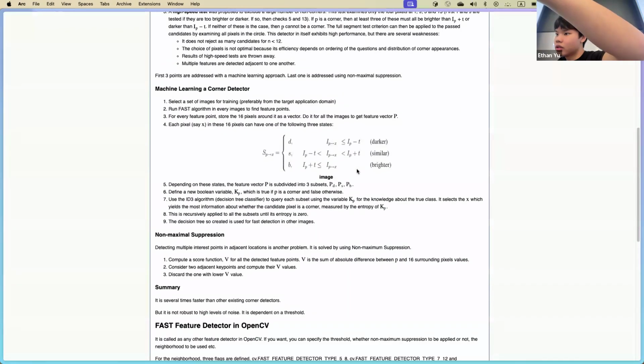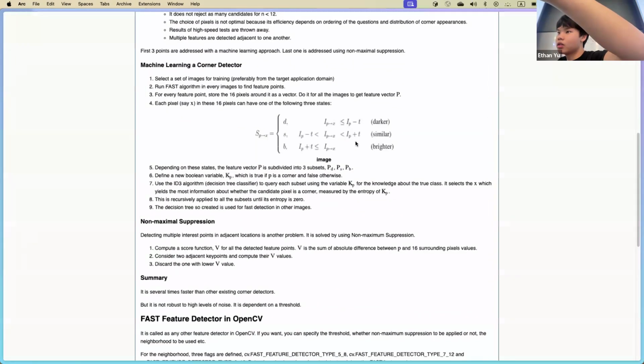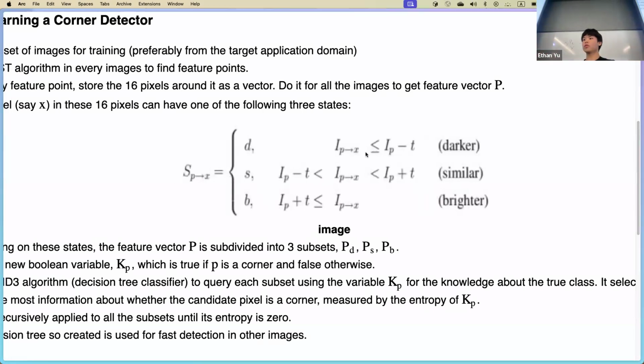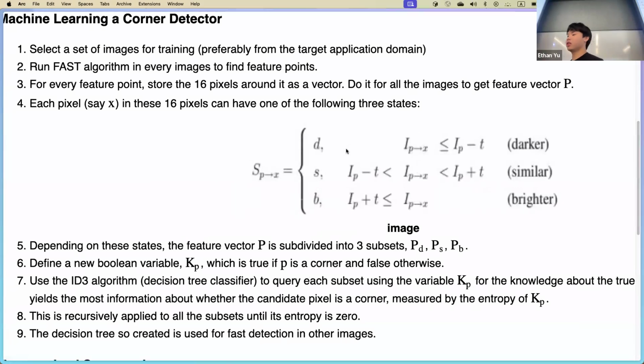And here's the condition. They look at the intensities of the pixels, compared to your current point. The final thing that we were missing is that we want continuous points. We want the intensities, or the colors, of the pixels to be the same. There needs to be no breaks. So for every feature point you select,